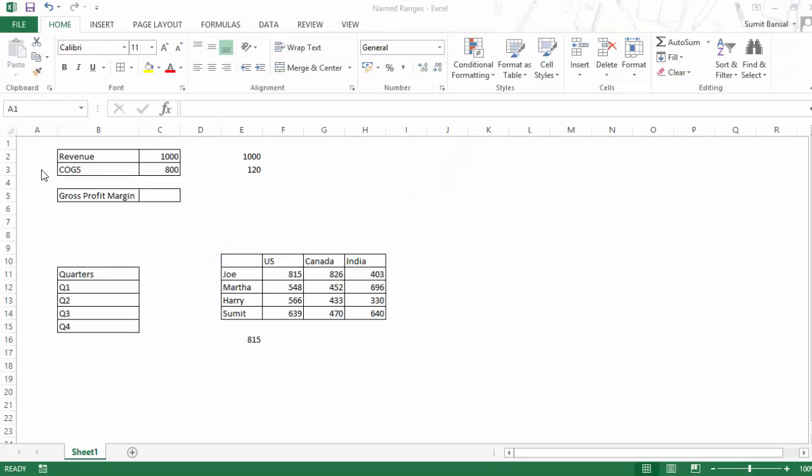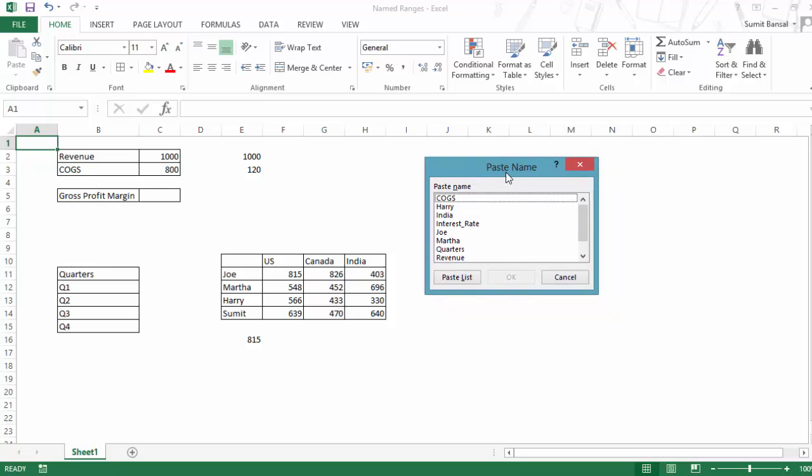There are keyboard shortcuts that would come in really handy if you work with a lot of name ranges, and I call it the power of F3, because all these would involve the F3 key. So let me show you these three. The first one is F3. If you simply press this key F3, click anywhere and press F3, it would show you the paste name dialog